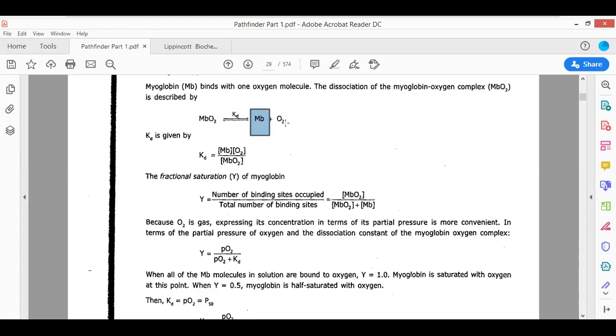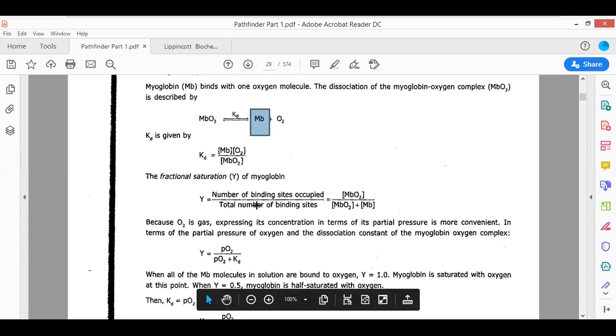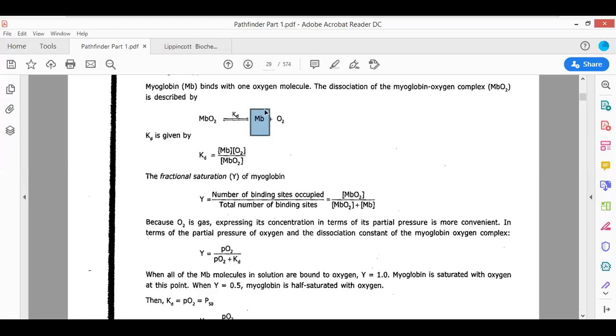हिंदी में समझ लीजिए. देखो, मायोग्लोबिन सारा का सारा ऑक्सीजन के साथ में बाइंड कर जाएगा, मैं मानता हूं, लेकिन कुछ मायोग्लोबिन ऐसे भी तो होंगे ना जो ऑक्सीजन से बाइंड करने के बाद में टूट जाएंगे. That is being represented by KD. जो टूट गए ना बाइंड करने के बाद में, उन्हें हमने KD से represent किया है.